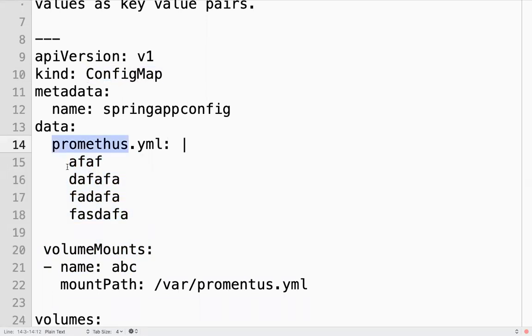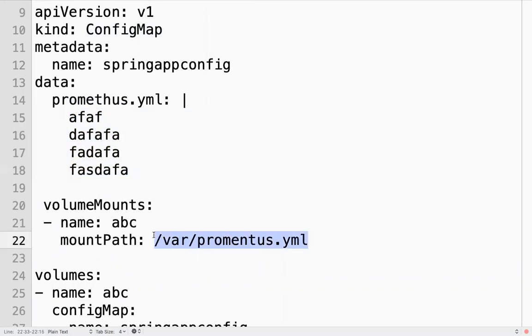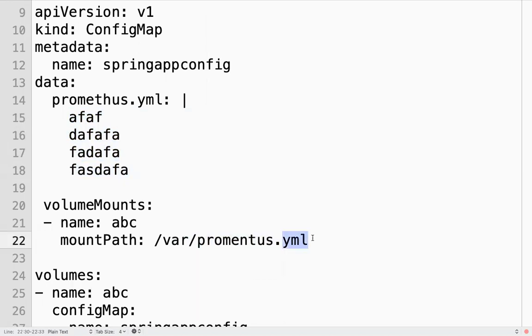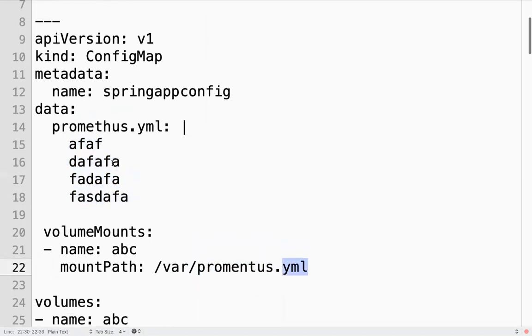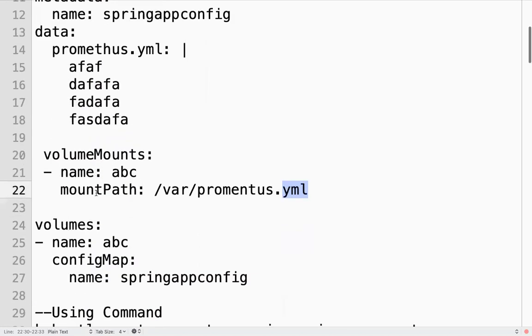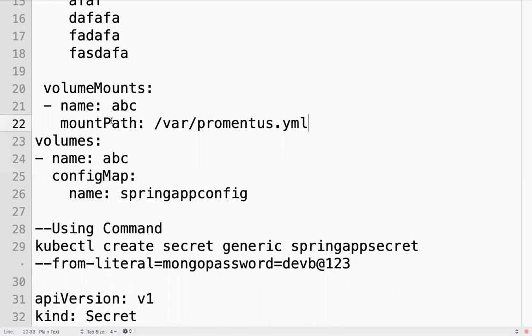So this is the content it will take in your container. So you can refer config map also as a value in your containers. You can do something like this.